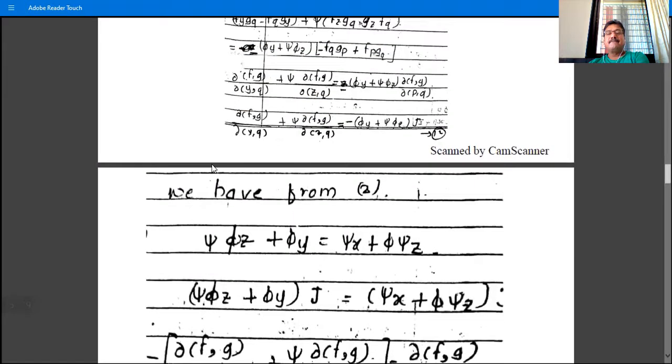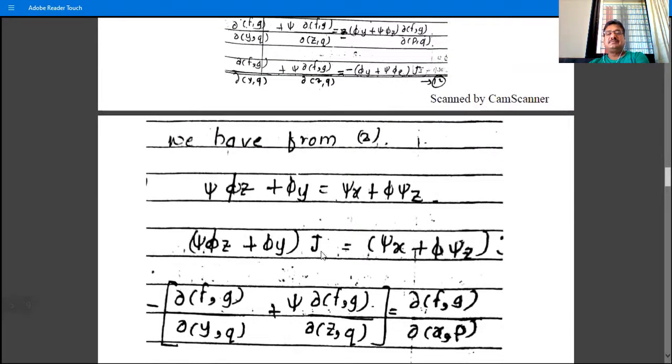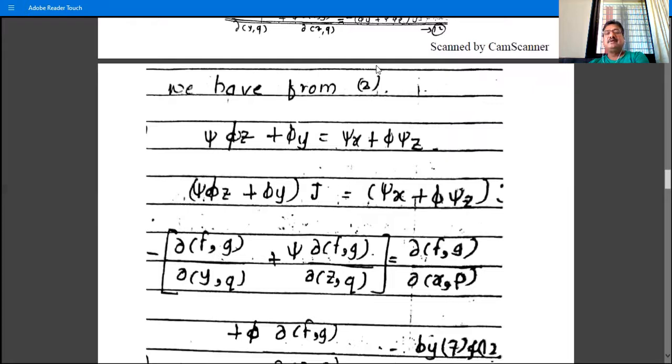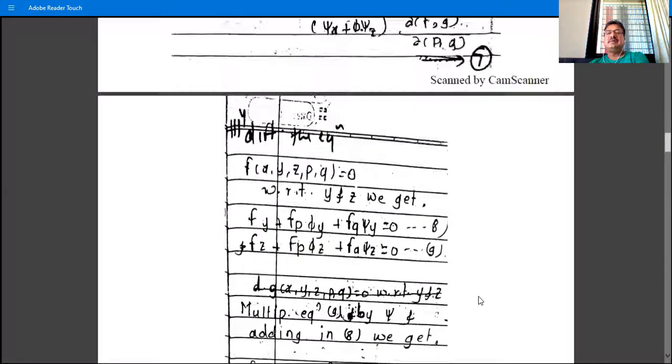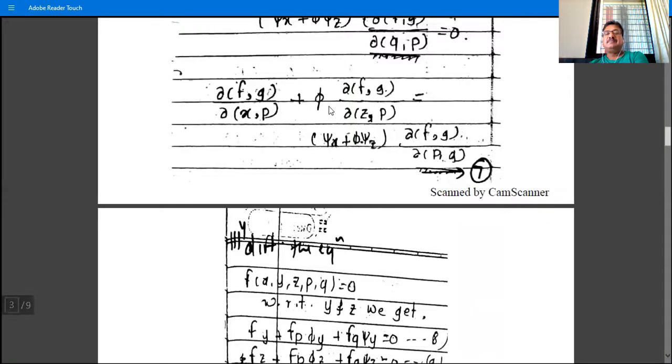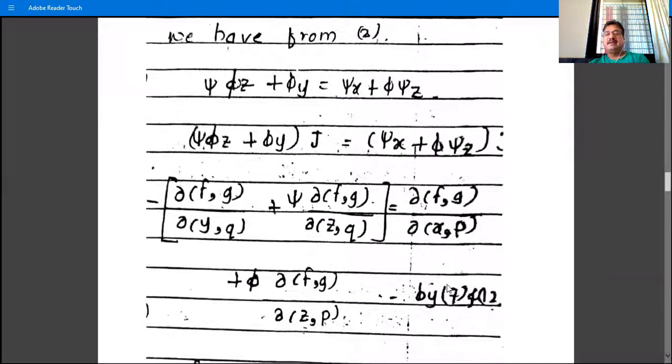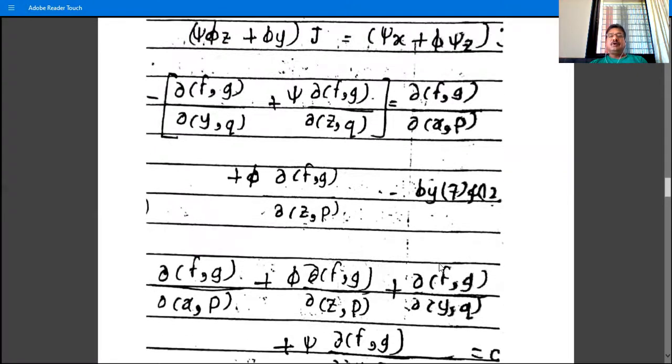Psi phi J plus phi y, and then it is equal to this ∂(f,g)/∂(x,p). Yes, the value of this quantity is minus of this quantity here. So the value of this quantity is minus, in brackets, ∂(f,g)/∂(y,q) plus psi ∂(f,g)/∂(z,q), from equation number 12. The value of the quantity psi x plus phi psi z into J is, from equation number 7, ∂(f,g)/∂(x,p) plus phi ∂(f,g)/∂(z,p). So substitute, and then